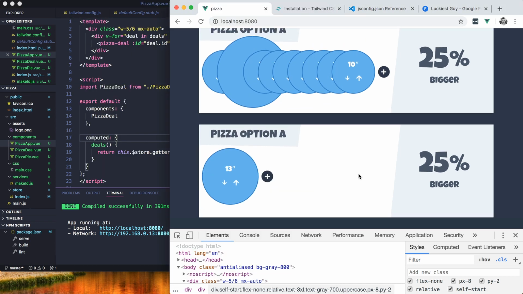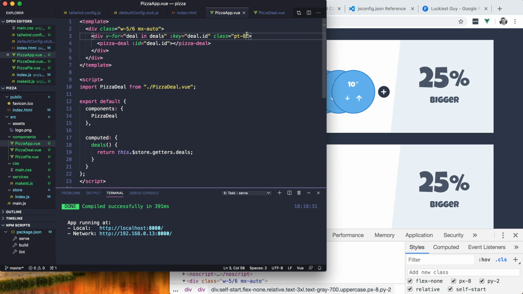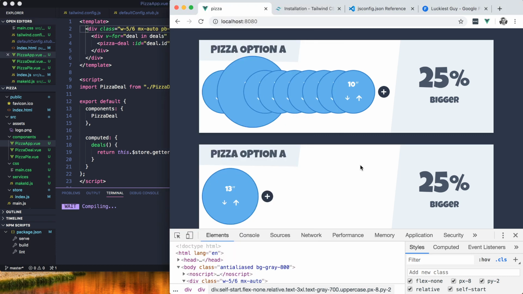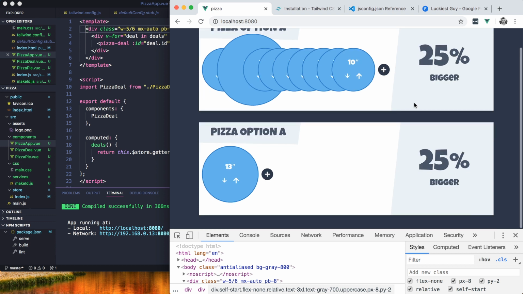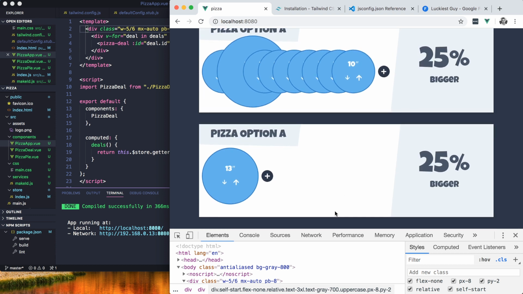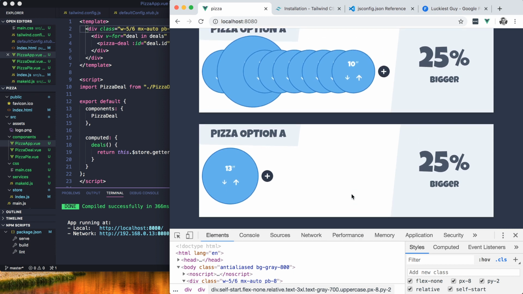So firstly, I don't like that there's no gap at the bottom here. There's a nice gap here at the top from this PT8 on each of these. Let's get a PB8 here. Much better. And then below this bottom deal, I want an add button. I think what I'm going to do actually,